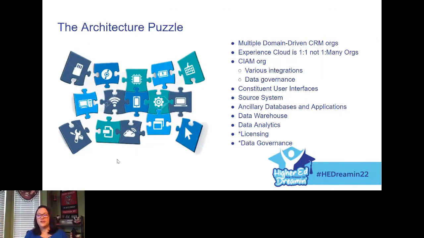And then I have two final things on here that aren't quite architecture, but they kind of are. Licensing. Let's face it, we all know that Salesforce licensing can be a challenge. So how do we do that? What about those use cases where an individual spans across two different orgs? Do we want to have dual licensing? We really don't. And then data governance too. We've just got to make sure that everyone's on the same page and that we've got our security and our data governance worked out so that we don't have any concerns about the wrong people seeing the wrong information.